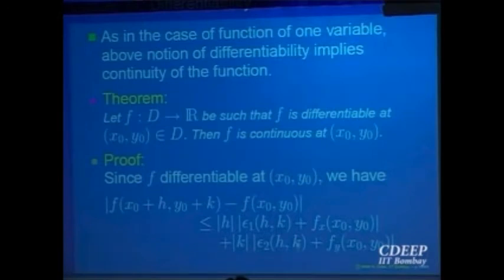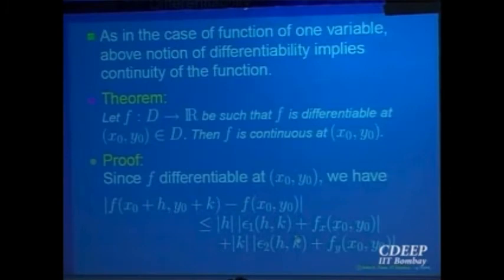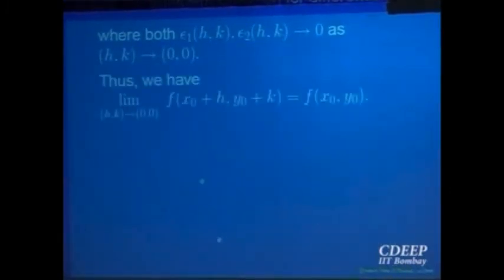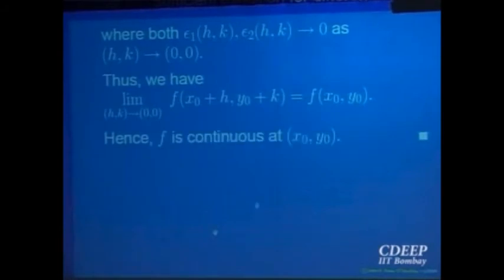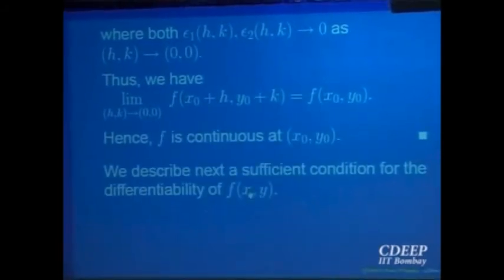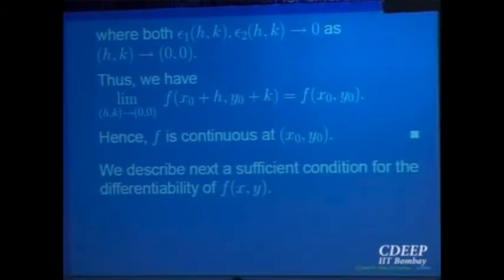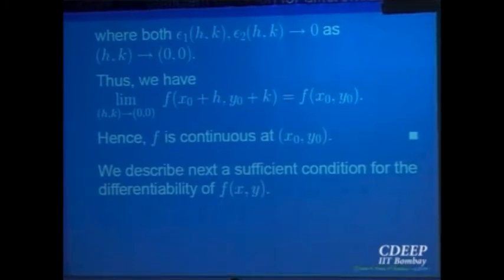So linearity essentially, because we have taken that as the definition, it is natural to expect that that will give you a consequence that limit exists and is equal to the value of the function. So if a function is differentiable, then it is continuous. So we are moving perfectly in analogy with function of one variable. We are able to define appropriately what is differentiability, and that indeed implies continuity.